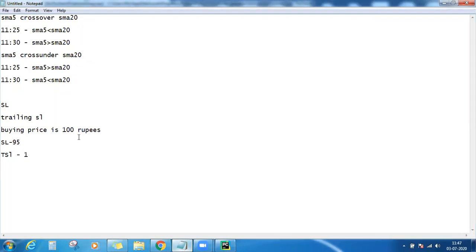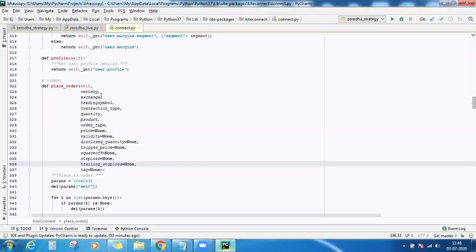So as and when the price goes higher and higher, your stop loss will also be moved by this value. If your stock goes to 101, your stop loss will be 96. If it goes to 102, this will be 97. Like that, your trailing stop loss will be added to your stop loss. So when the stock is in a strong trend, you're also participating in that. If you're using the bracket order, you have to mandatorily mention that trailing stop loss as well. So these are the required arguments that you have to place.